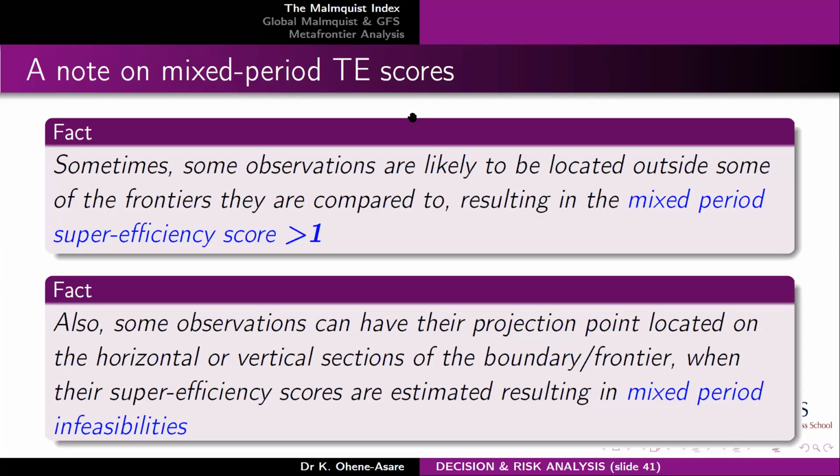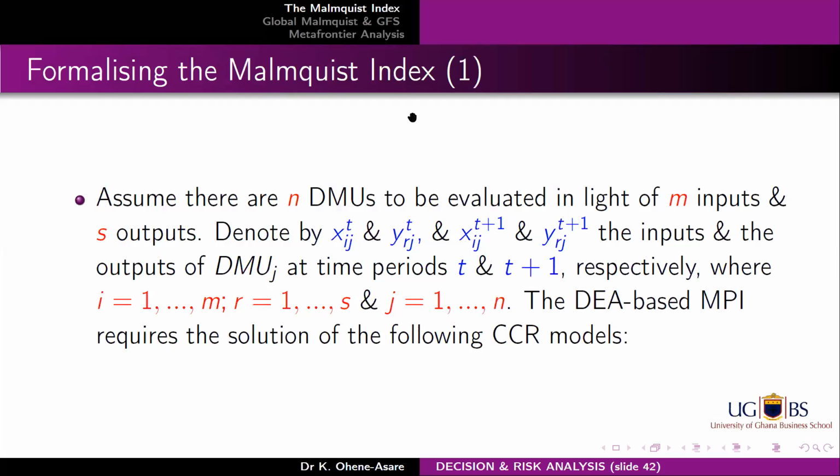Okay, all right. Now, when you have given your examples, you have to formalize the model, that is, write the mathematical formulation of the model. Biennial, not technical. So now we are dealing not with efficiency but with Malmquist productivity, so your productivity change you have to formalize. When we say formalizing, it means we are bringing a bit of mathematics into the picture. So let's assume, and this is what you will say in your thesis as well, that we are